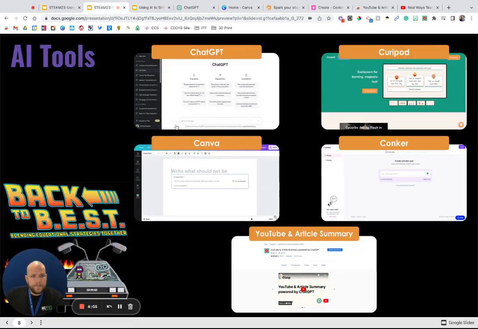So moving right along. I have 5 tools that I'm going to highlight today. There are several others that you could look at. I'm trying to stick as close to free as I can. Some of these are kind of freemium. They have a paid option, but everything I've done in here, I've not paid for or anything of that nature. So we are going to take a look at ChatGPT. We'll be referring to that one several times throughout this presentation. Canva is a big one, because Canva for Education is just a really great resource for all educators for creating all kinds of things. Curipod, if you're not familiar with that one, that's a great new resource.